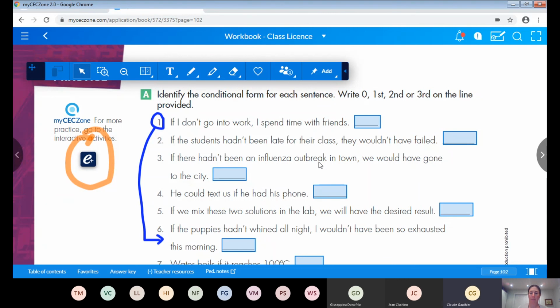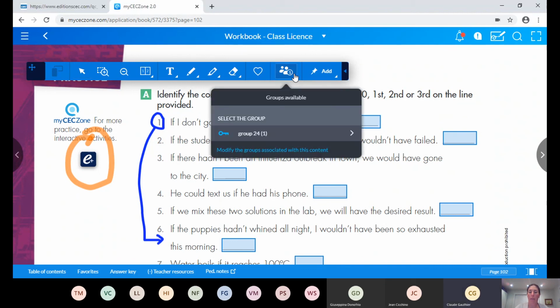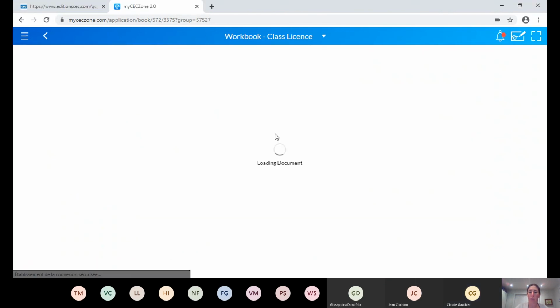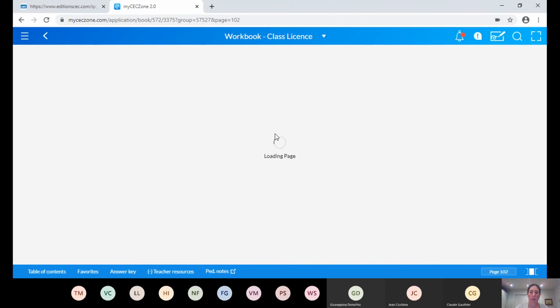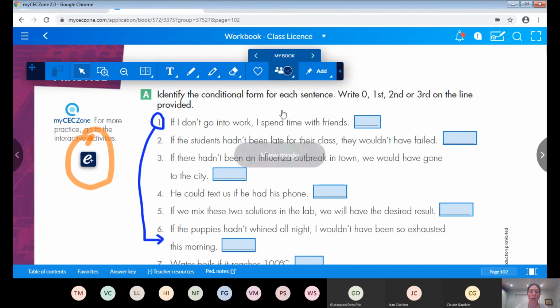How do I give access to my textbook to the students? By when you want to share. Exactly. Right. So if you want to, I'm in group 22 right now. So when they join your group,